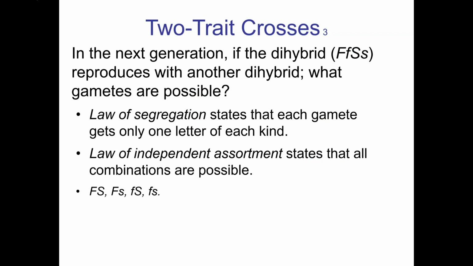So if you have two dihybrids reproducing with one another, what would the possible gametes be? So now we have to look at the law of segregation, which states that each gamete gets only one letter of each kind. The law of independent assortment states that all combinations are possible. So if I have, and I'm just going to put it right here, big F,